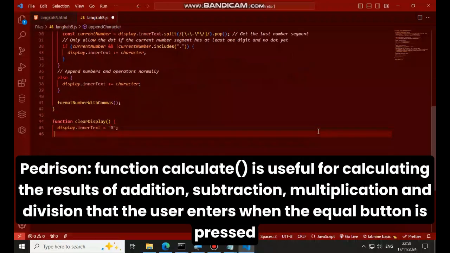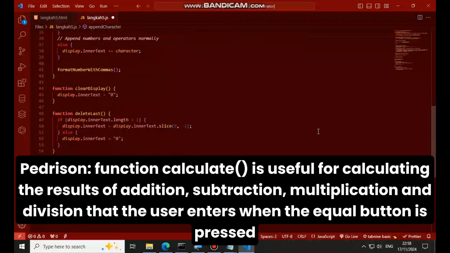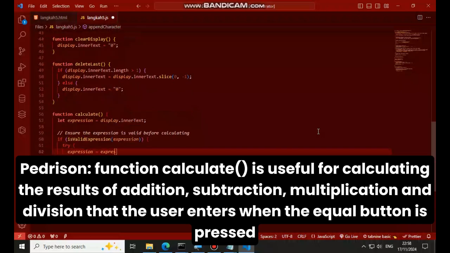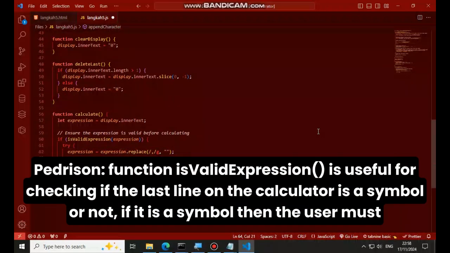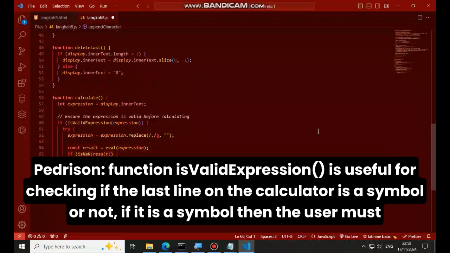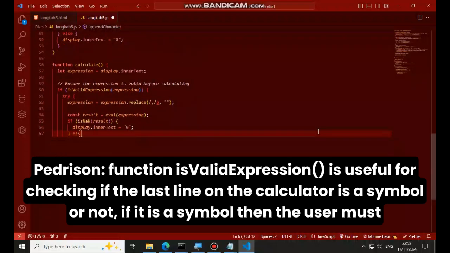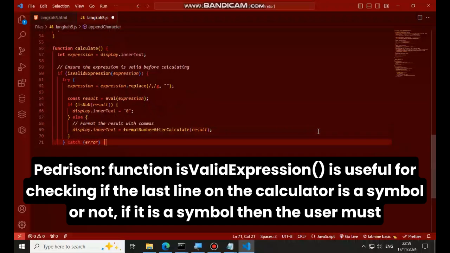Function calculate is useful for calculating the result of addition, subtraction, multiplication, and division that the user enters when the equal button is pressed. Function is valid expression is useful for checking whether the last character on the calculator is a symbol or not.